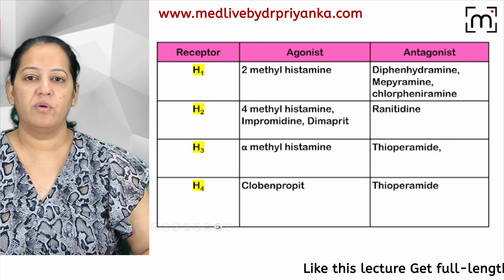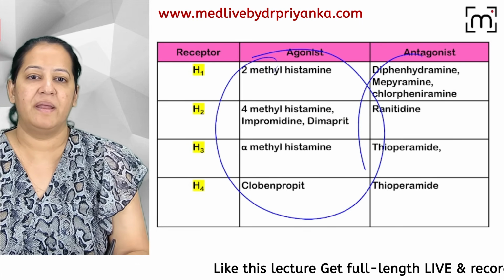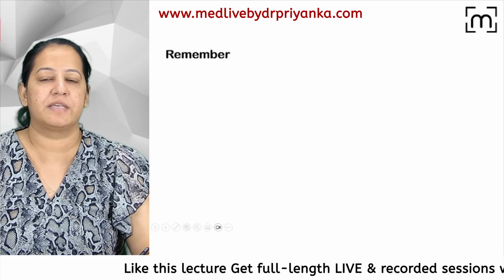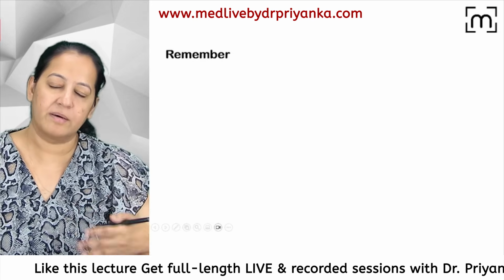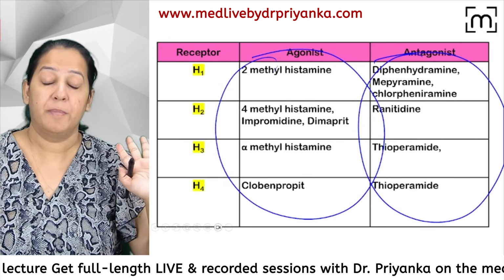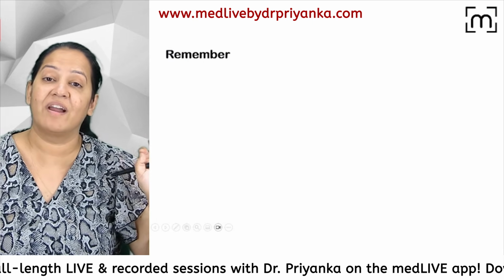You have to learn the main agonist at each receptor and the main antagonist at each receptor, H1, H2, H3, H4, for your MCQs. There are certain one-liners you have to learn for most of the drugs. This is only for MCQs. If you are preparing for university, you are fine here. But if you are preparing simultaneously for your competitive exams, NEET PG, FMGE, INI-CET, you should know the one-liners about